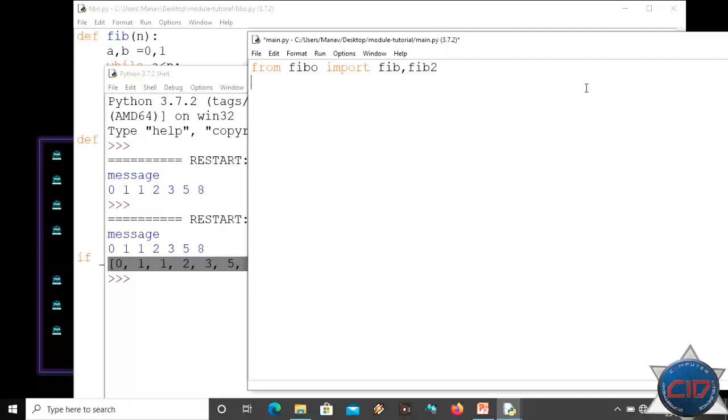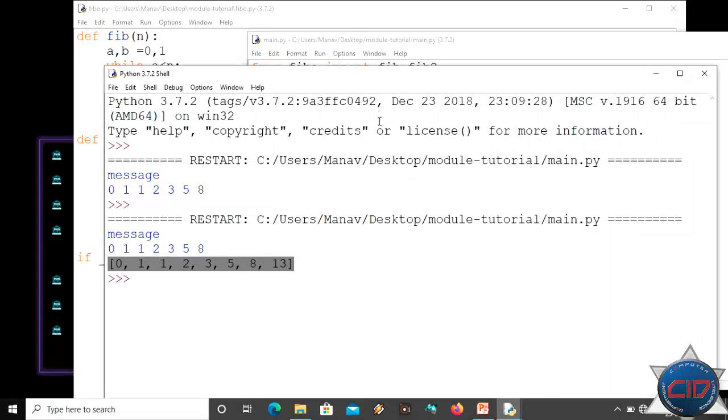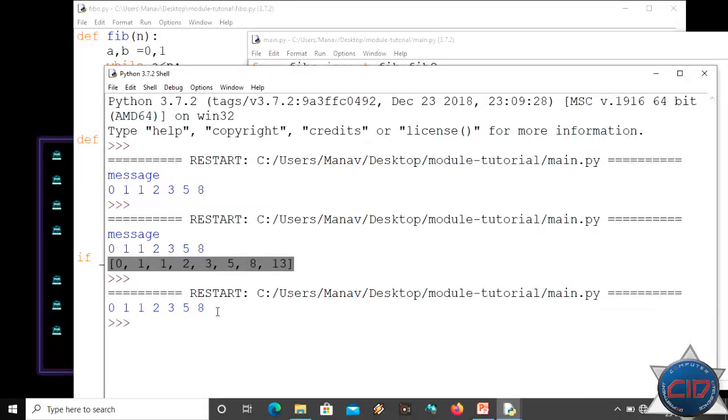Okay, now let me use fib. So I will just use fib here because we are just importing fib and fib2 but not fibo. Okay, we can also use it like this, import fibo. Okay, but it is not necessary because we are just importing the things which are needed, but the unnecessary methods or files will not be imported. Okay, so I'm just using fib and fib2, so I will call here fib and let me pass here 10. Now run this, then you will see that it is printing the same here.